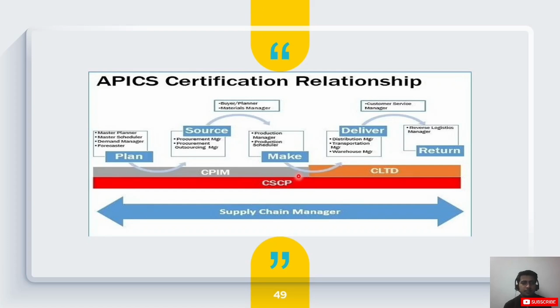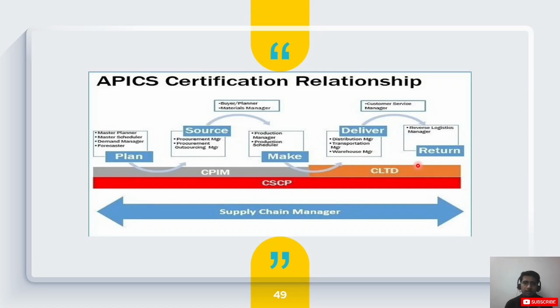So before that shipment, you may take that product to the warehouse, which can be a plant warehouse. After that, it may go to the distributors center, then to the customer. So this transportation warehouse management comes under deliver. Then under the umbrella of sustainability, we also have reverse logistics, where we want to take back our product if it